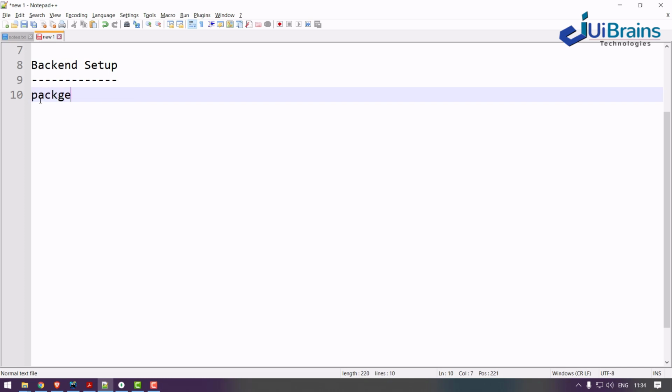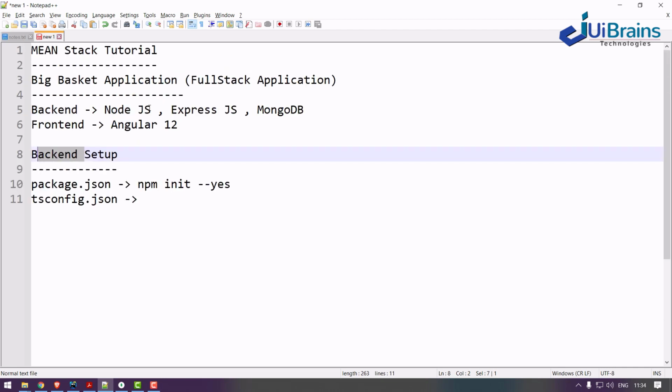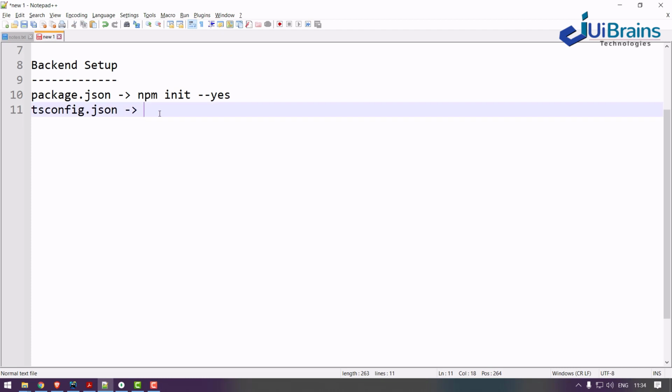First of all, we need a package.json, using the command npm init -y, and we also need a tsconfig.json file, because we will be developing the backend, the Node Express and MongoDB code, using the TypeScript language. For that we need a TypeScript configuration file, created with tsc --init.